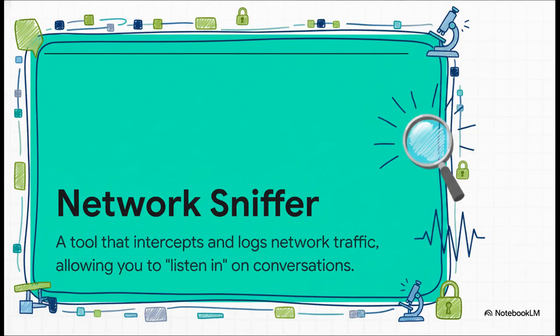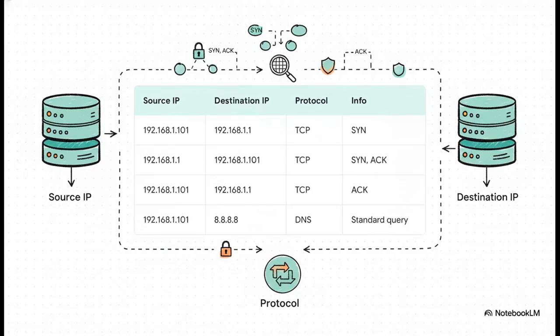You can think of it like putting a microscope on your network cable, or maybe more like a digital wiretap. It grabs a copy of every single chunk of data, every packet that flies by, and lets you inspect it in detail. Now, what you're seeing here is a very, very simplified look at what a sniffer like tcpdump might show you. But even in this simple view, you can see the core parts of a conversation. You've got a source IP address talking to a destination IP address, and they're using a specific protocol. You can literally watch those handshakes and data transfers happen in real time.